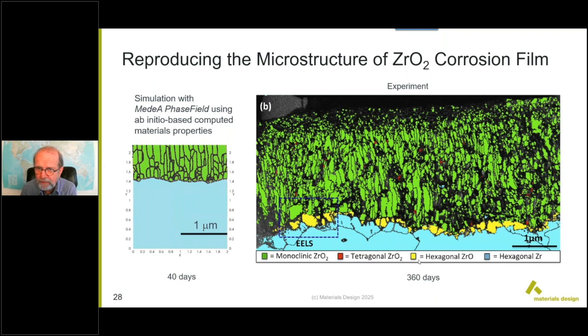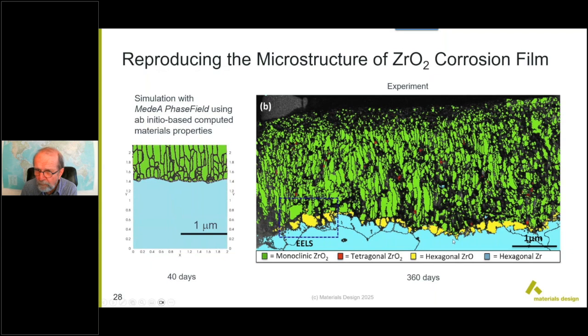When you look closer, and this is a TEM image of such an oxidized zirconium system, you're forming a film of monoclinic zirconium dioxide, where the crystallites are in a columnar shape